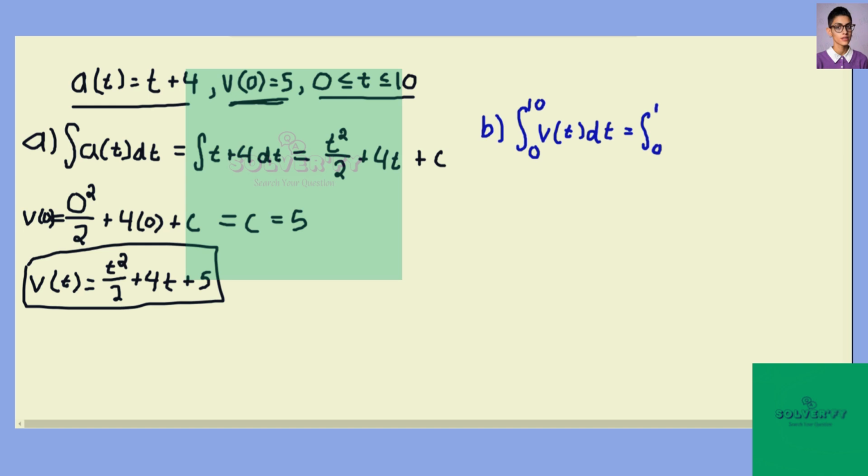So we have the integral from 0 to 10 of t squared over 2 plus 4t plus 5. So first step will be to evaluate the integral. And once we evaluate our integral, you should get t cubed over 6